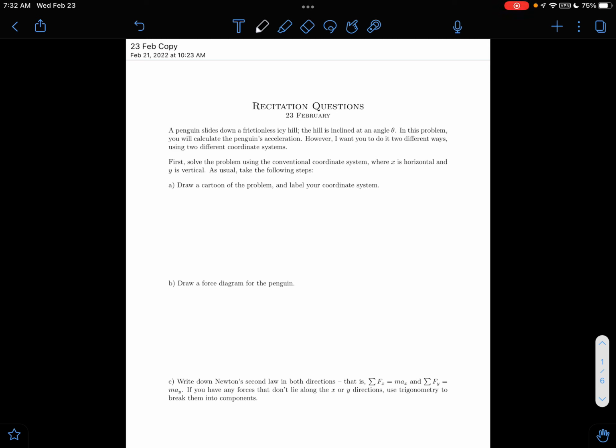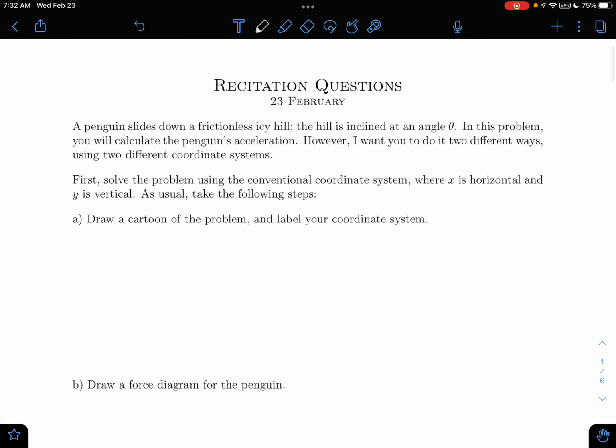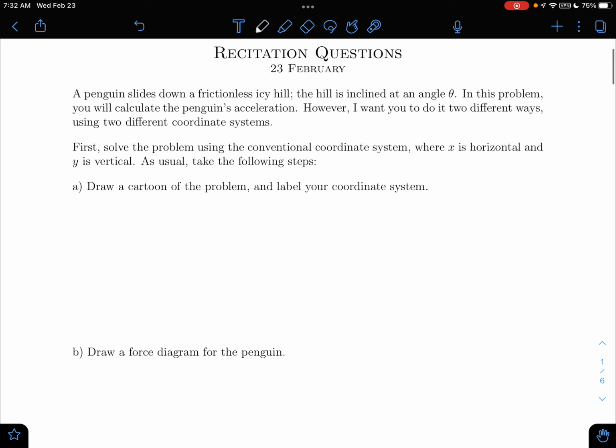Alrighty, y'all. Today we're taking a look at the recitation for February 23rd. In this one, we're going to be practicing more with some free body diagrams and breaking things into components based on our coordinate system. So we have a penguin sliding down a hill, and the first thing I'm going to do,